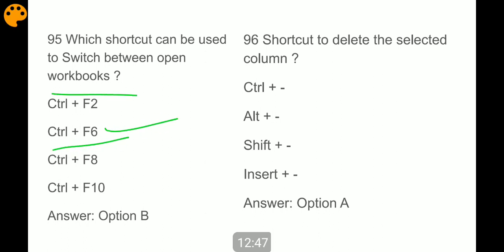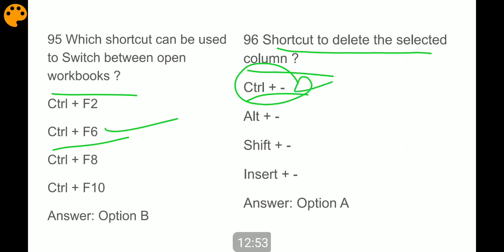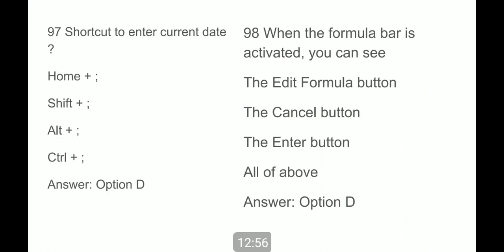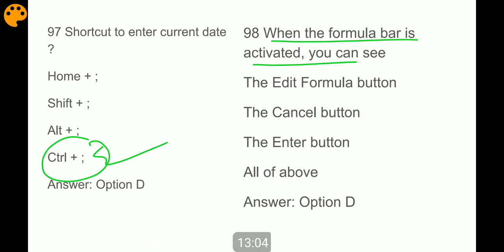Control plus F6. Shortcut to delete the selected column. Control plus minus. Shortcut to enter the current date. Control plus semicolon. When the formula bar is activated, you can see the edit formula button, cancel button, enter button,